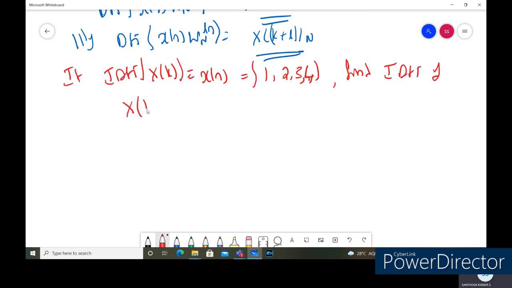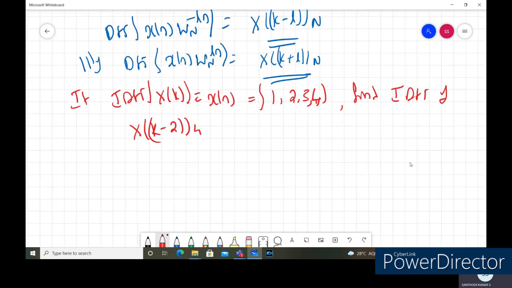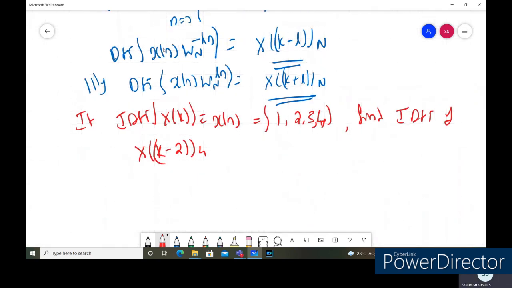the IDFT of X of k minus 2 mod 4. So we need to find the IDFT of X of k minus 2 mod 4. This is similar to the frequency shift property. The shift in the frequency domain is equal to the corresponding multiplication with the twiddle factor. So in order to find the solution, the IDFT of X of k minus 2 mod 4,